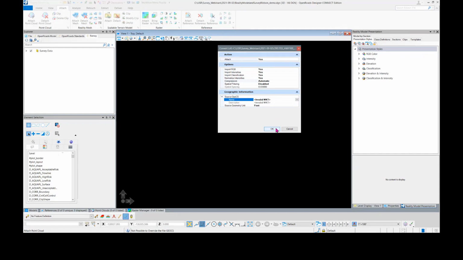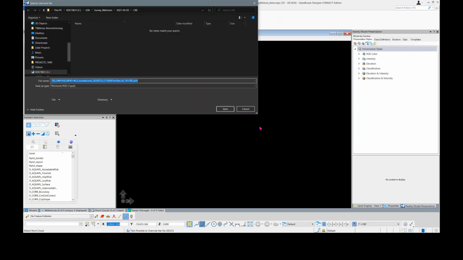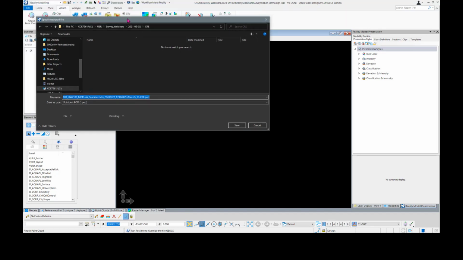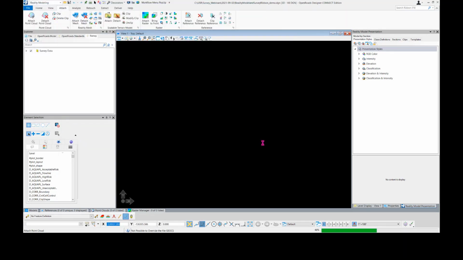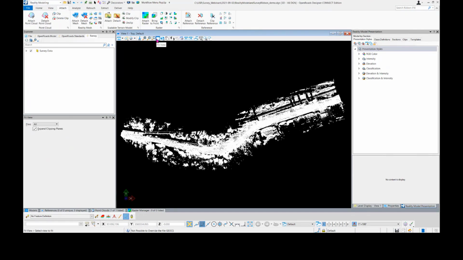So if I wanted to do that, I would have to do it either in a V8i file or in Blue Marble before I even imported it. So go ahead and say OK, and it's going to convert it to a POD file. I'm going to give it the same name. Go ahead and hit save. So my point cloud has imported